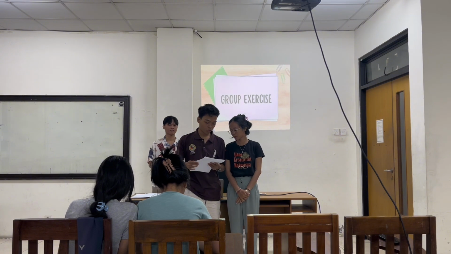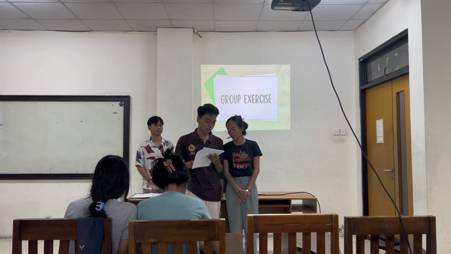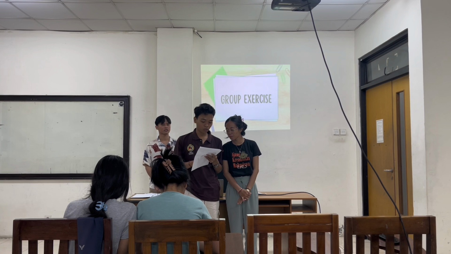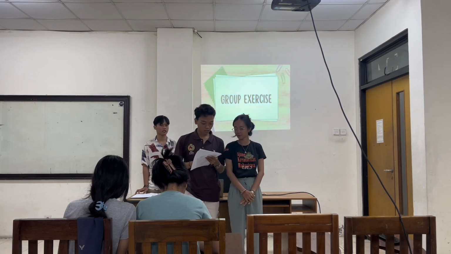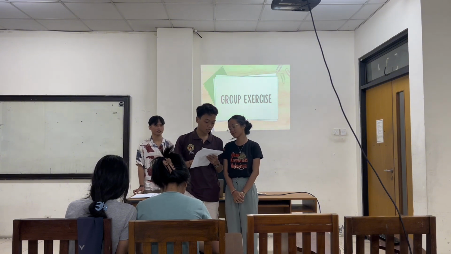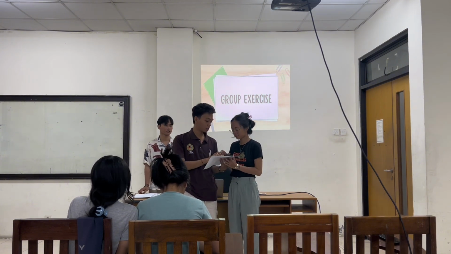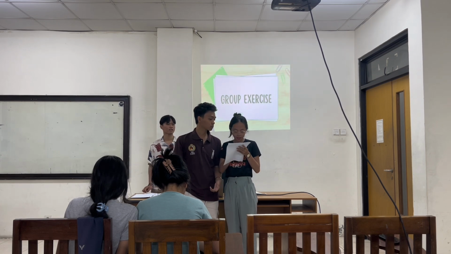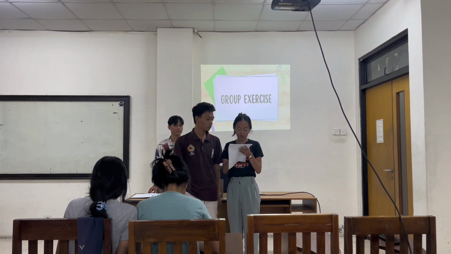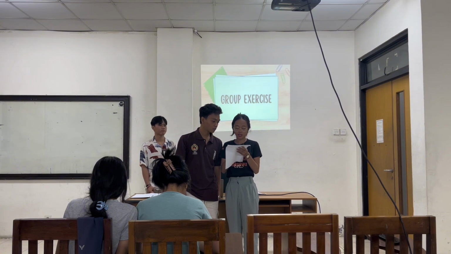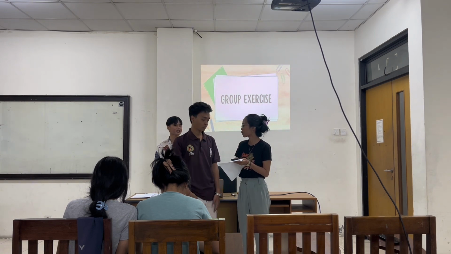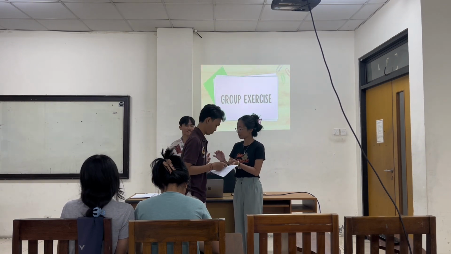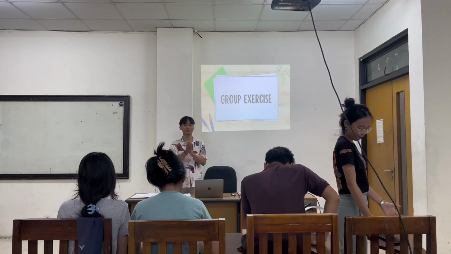Okay, our group discussed the sentence "She is the beautifulest girl in the school." This sentence has a problem. It is an incorrect superlative form of a three-syllable adjective. For the correction, "She is the most beautiful girl in the school." The reason is that for adjectives with three or more syllables, we form the superlative degree by using "most" before the adjective. Okay, great. Please sit down. Very good work. And give applause to group 2.